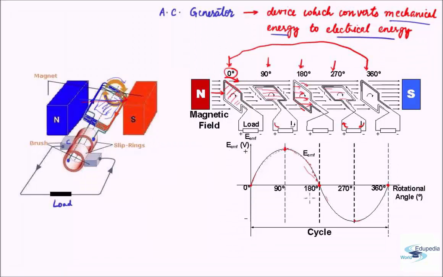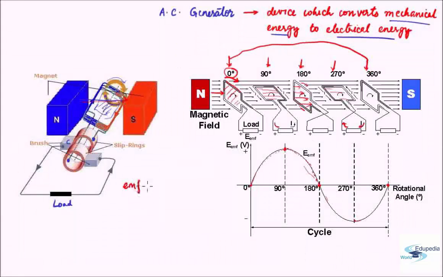Now, if we want to decide what is the frequency of the AC current, the frequency of AC current will be same as the frequency of rotation. Okay, so each time one complete rotation takes place, the EMF change also completes one cycle. So these both are parallel concepts. Okay, now let us see what is the EMF induced. Suppose there are n rotations per second, that is the whole system is rotating n times per second, then we can